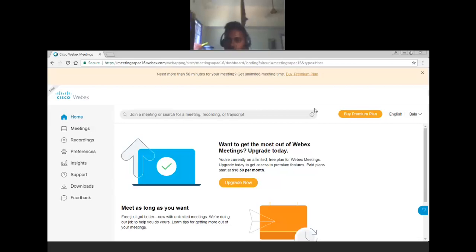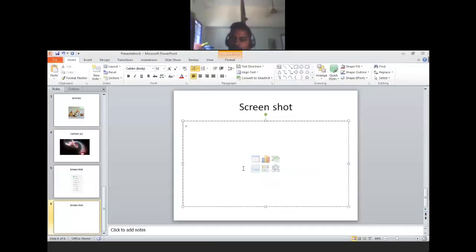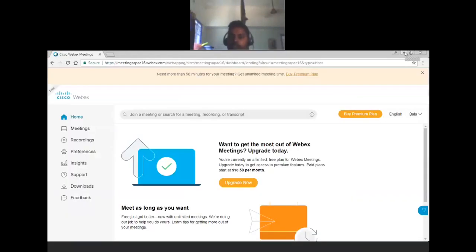How do we go to the screen, whichever we want? Minimize. This is a PPT. Minimize. If you minimize, it will go to the backside, and whatever screen is available behind will come to me, meaning the screen I want to take the screenshot of. This is minimize, ma'am. Okay, fine. Minimize.